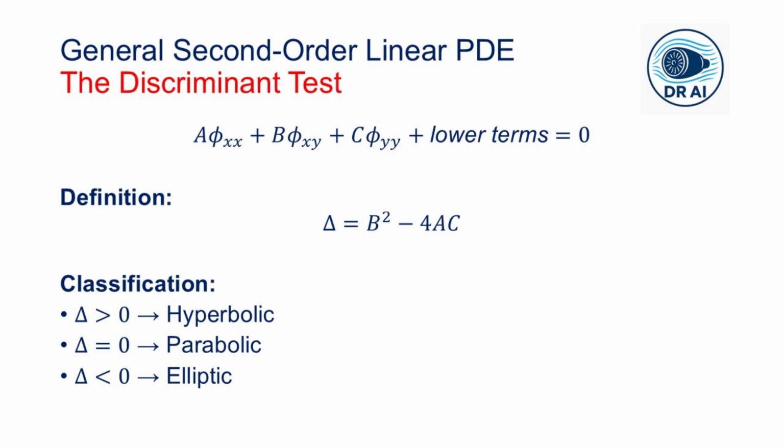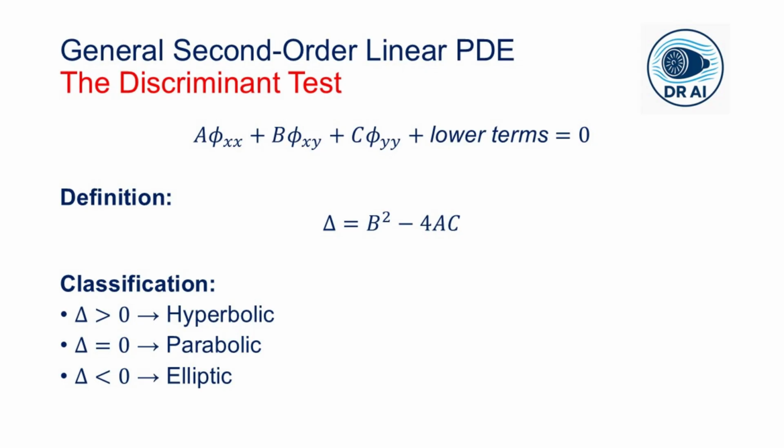Partial differential equation classification borrows exactly this terminology, elliptic, parabolic, hyperbolic, and the underlying mathematics is analogous. The highest order derivative terms determine the character of the equation, just as a skeleton defines the basic shape